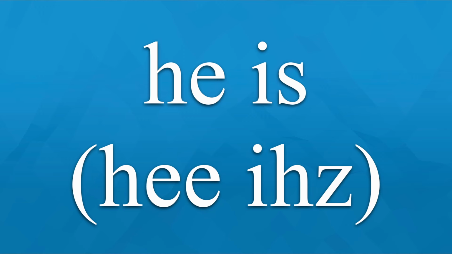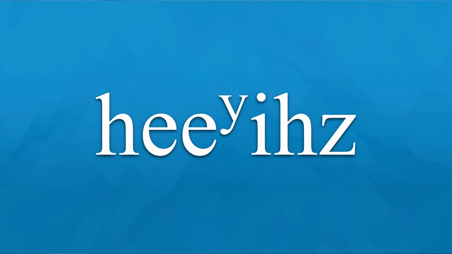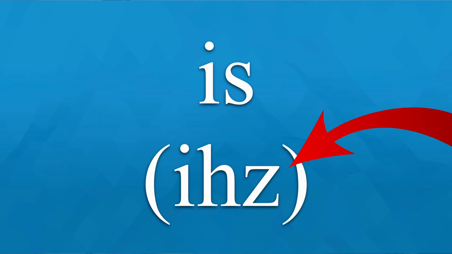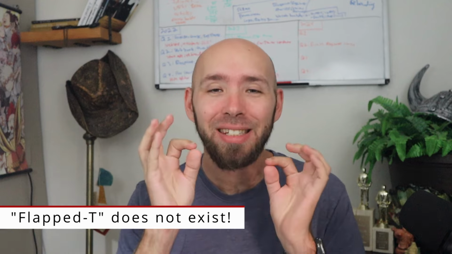Moving on to the next one, we have the group he, she, and it is. He and is. If it's uncontracted, he is, she is, he's, she's. Yes, it's a Z sound, just like is a Z sound. There might be partial end of word devoicing that sort of ends it in an S that might confuse you, but it is supposed to be a Z sound. It is a little bit different. If we don't contract it, the most common way that we'll pronounce this, flap the D. Remember, there is no such thing as a flapped T because we're focused on sound. Spelling does not matter. Just like if you say what is,